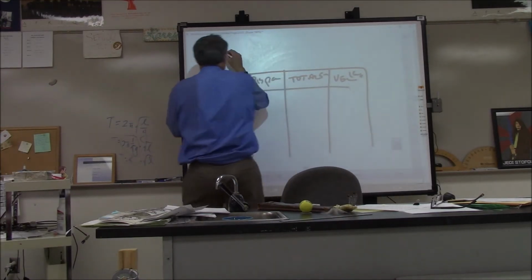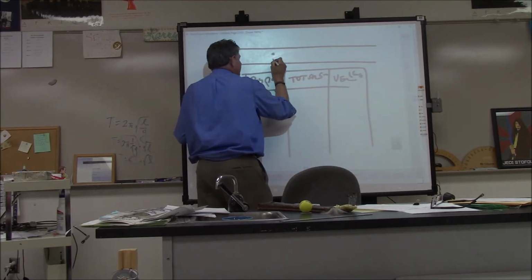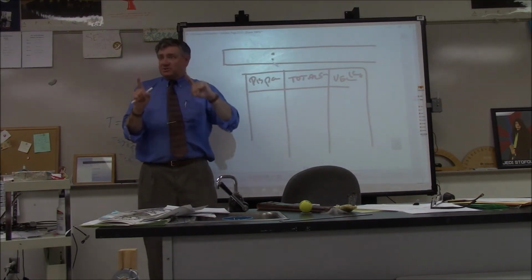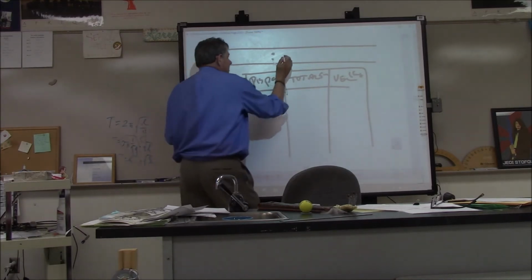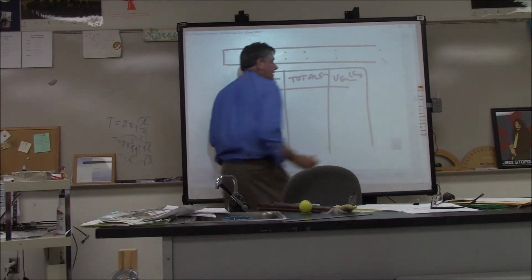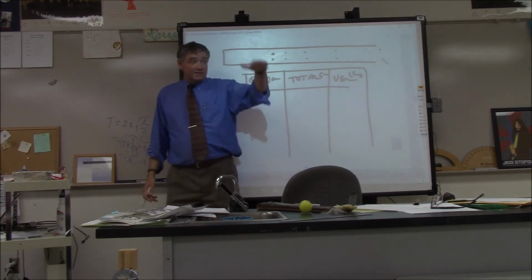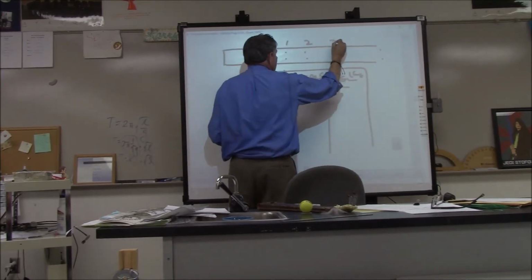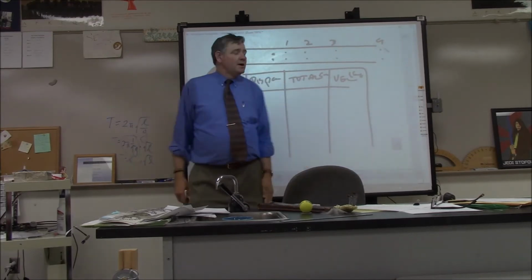So, on your tape, here's what you're going to see. You're going to see a series of dots, and that's where you turn on the tape timer, but the machine hadn't started to move. Okay, so that's the first thing that you're going to notice. Then, after that, you're going to see a series of dots like this. So what you need is 12 intervals. So that's why, if you look on your data table, there's 12 spaces. So just come in here and number them 1, 2, 3, 4, all the way up to 12. Okay, that's the first thing you're going to do.